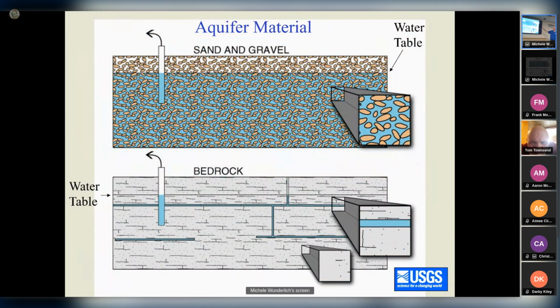So in the Owasco Inlet watershed and in general, we have two types of aquifer material. Permeable sediments, so sand and gravel, could be fine sand even in places, but this is the best kind of aquifer material because a well-sorted sand and gravel has about 30% porosity, meaning if you have a cubic foot of aquifer material,